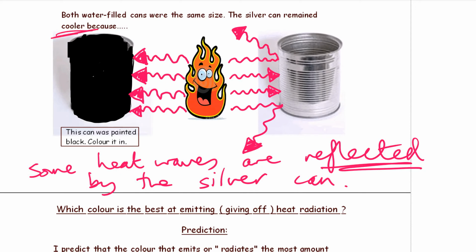Well, the reason is with the black can, the heat source gives off heat waves, infrared heat waves, in all directions. So some to the left, some to the right. Equal amounts hit both cans. The black can